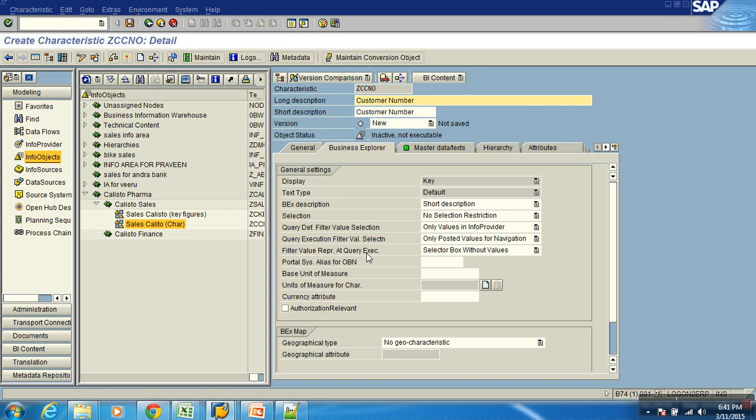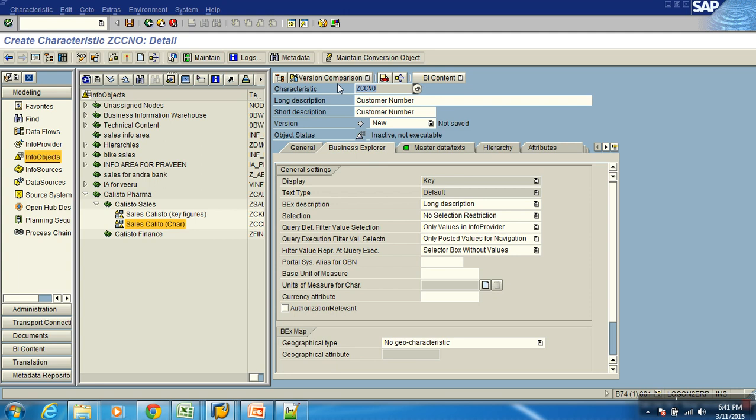No issues. Then there is a tab called BEx. In this tab, you control all the properties of the InfoObject which will have effect at the reporting level. You'll have the same properties in the reporting as well as in here. Suppose I set a property, let's say BEx description. I'm saying whenever I use customer number in the report, it has to show me the long description. If you have a text table maintained with short, medium and long, I can set it as long. If I do this setting here, in any report, wherever we use this customer number object, it will always show the long description.